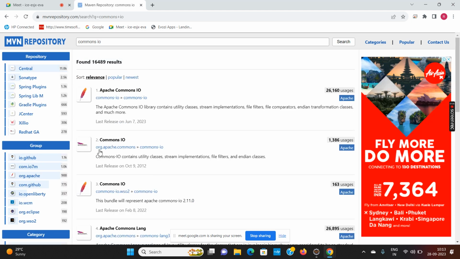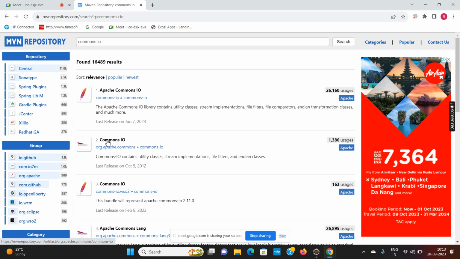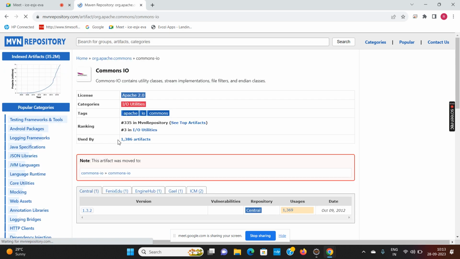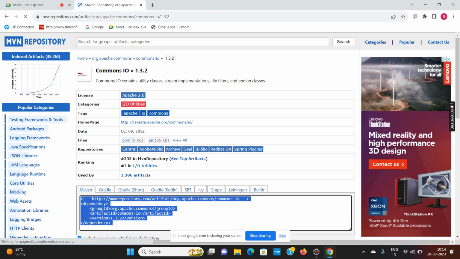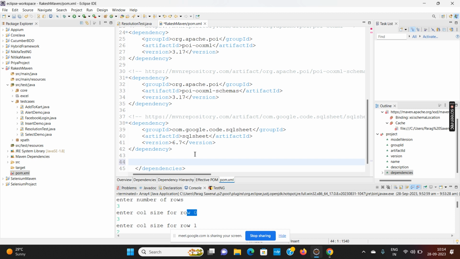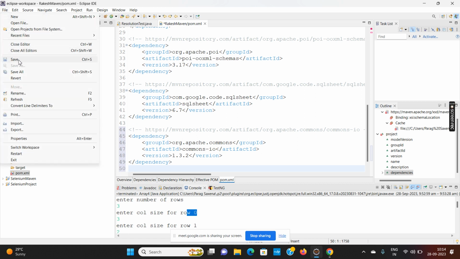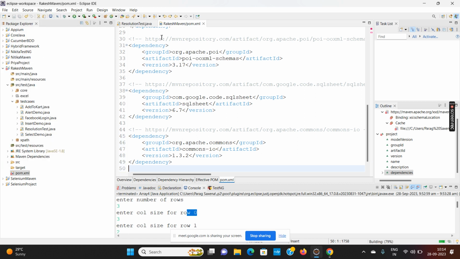Here you will find org.apache.commons, second one, this one, org.apache.commons. Click on Commons IO, click on the version, copy the XML code and add it in your pom.xml file within the dependencies and save. This is the first step you have to do. After adding this particular dependency,